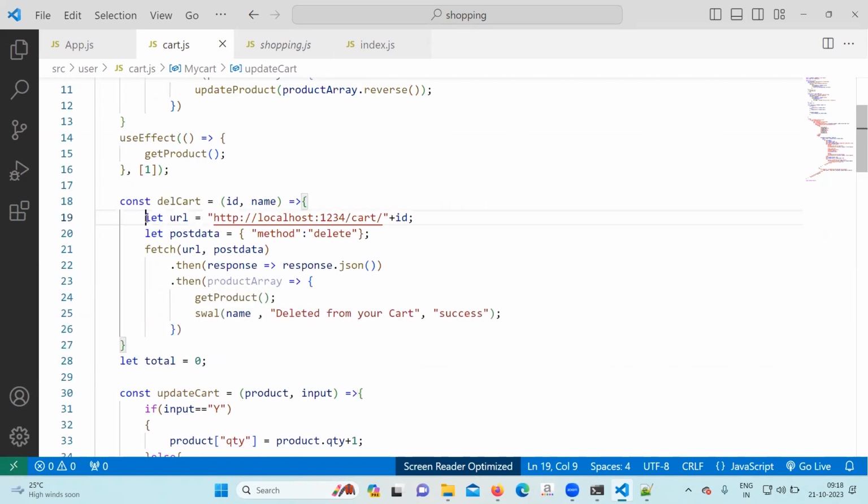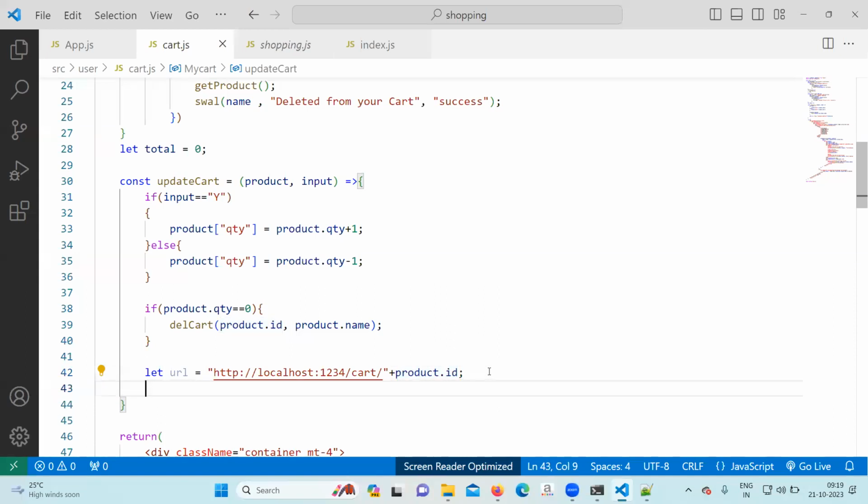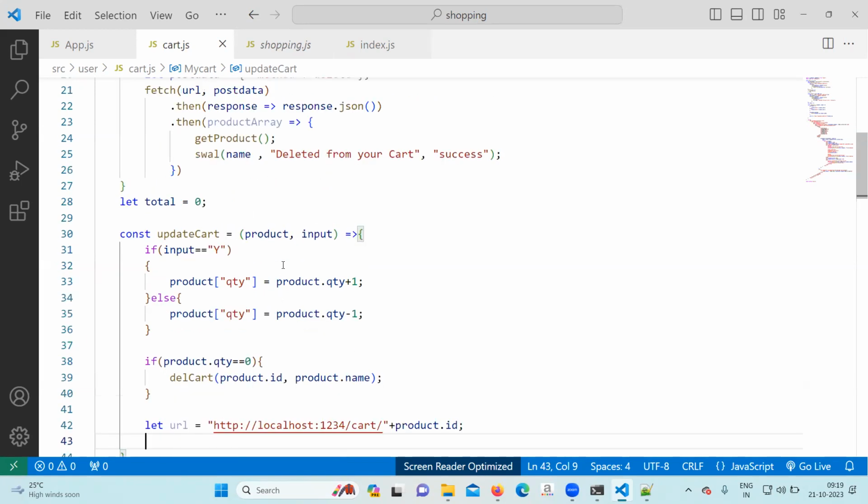URL, we need to find out if the URL here is cart/product.id. Cart/product.id. We need to inform the server which product you want to update. So for that, product.id. Next, after that, we need to write the